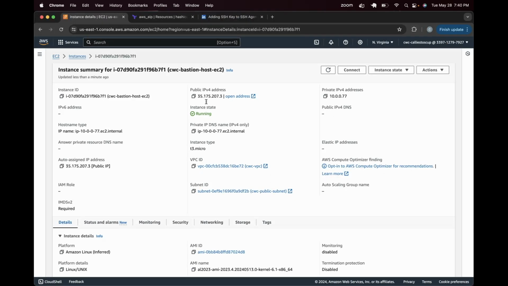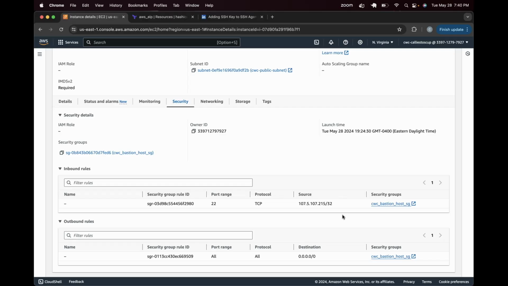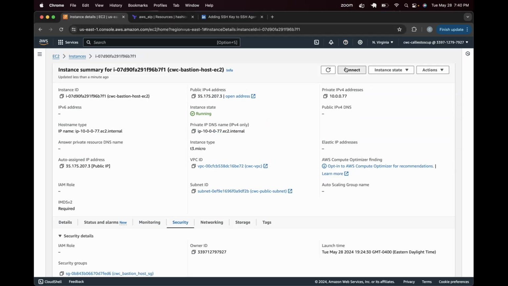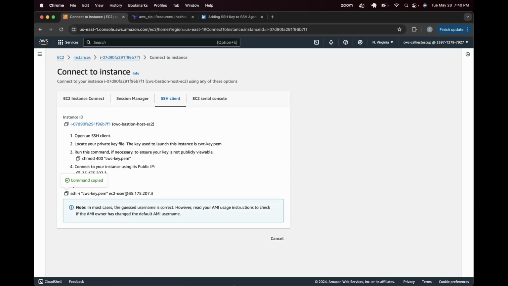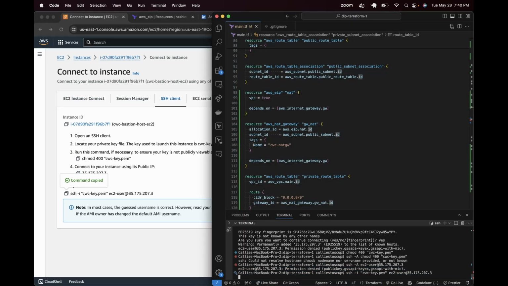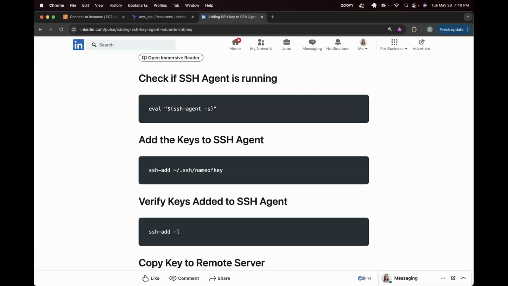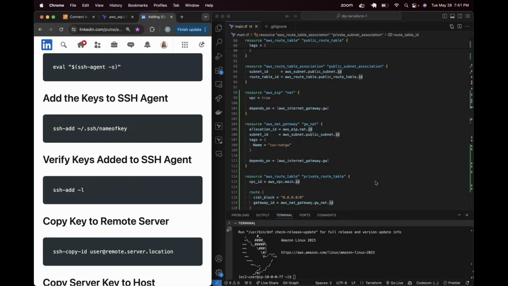Bastion host. We have a public IP address. We're using the public subnet. Let's look at our security. That should work. Let's go ahead and let's connect with just the normal SSH command. All right, so that works. So our SSH add seems to be the issue. So let's look at this SSH add, and then